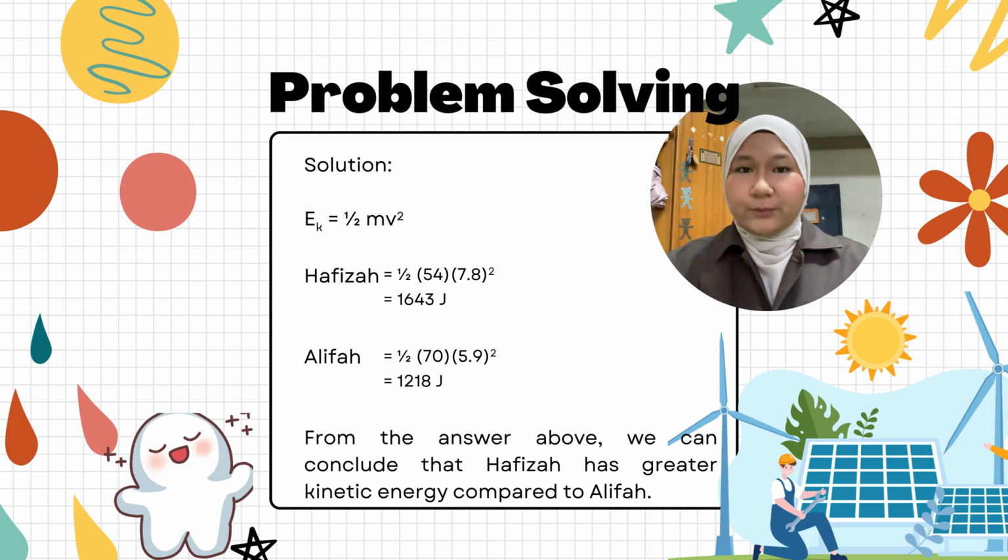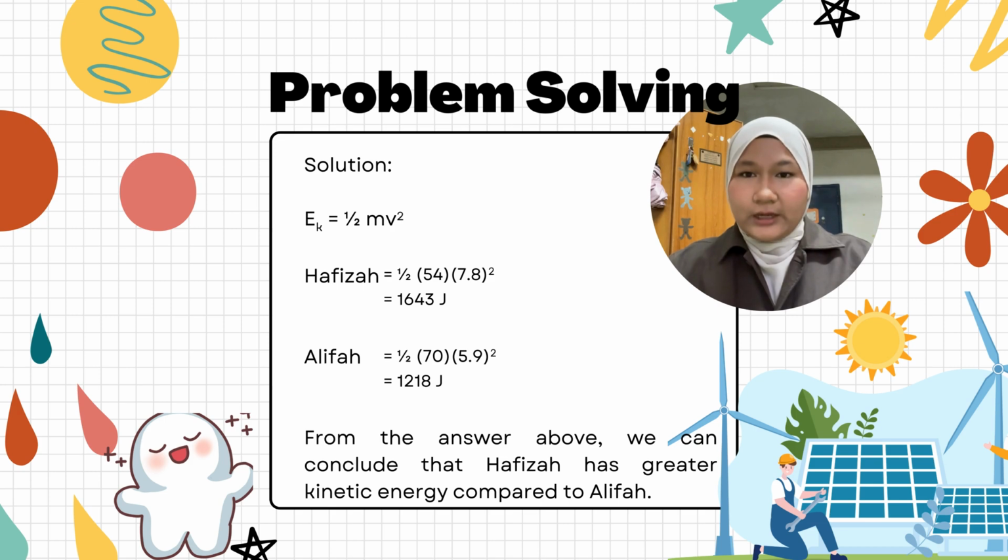We need to substitute all the information given in the table into the formula, where 54 is the mass for Hafizah and 7.8 is the value for Hafizah's velocity. 1/2 multiplied with 54 multiplied with 7.8 squared. The answer is